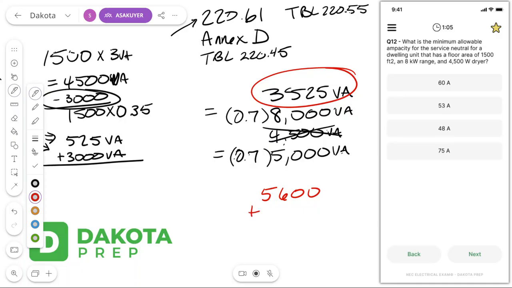Now, 70% of 5,000 is 3,500. And then we throw our 3,525 here for our general lighting load as well. And what we wind up with is a grand total of